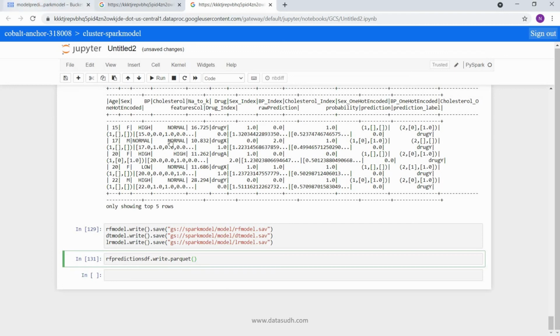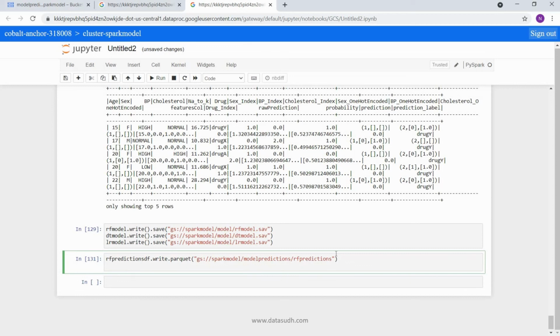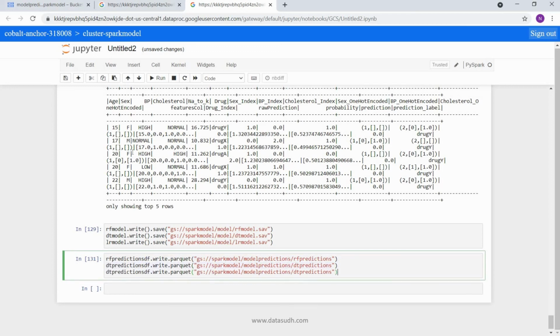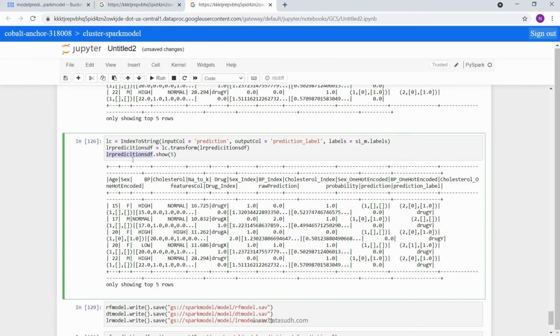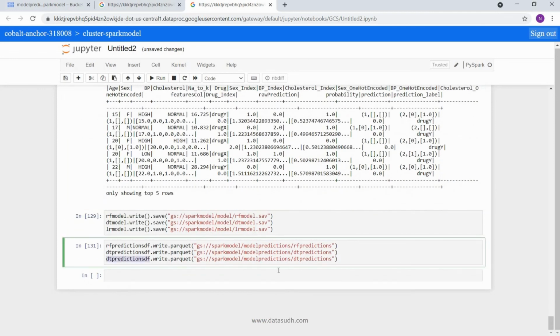So copy this path. Okay, and RF predictions. Similarly, we can do for decision tree predictions, DT and DT, and similarly we can do for LR model. LR model has a bit different spelling due to a mistake, so we'll use this and this.